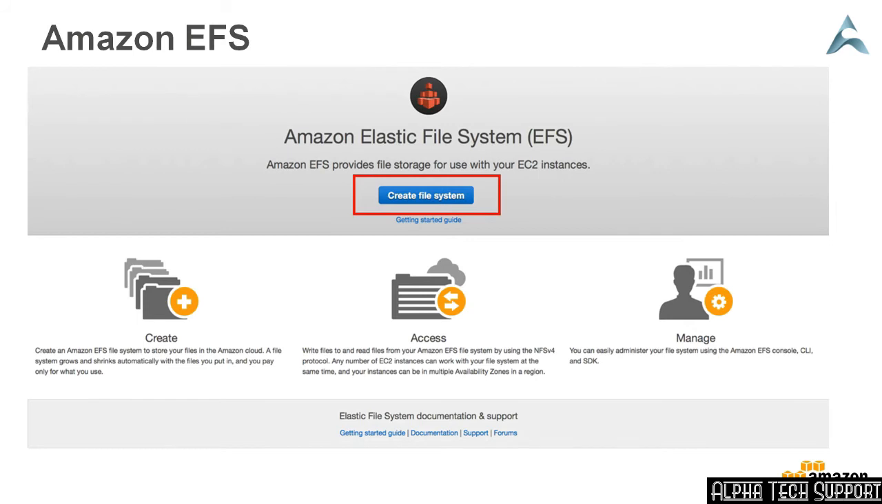So this is how our EFS dashboard looks when you are to create an elastic file system. This is the dashboard. You get three kinds of services here: the create service, access service and manage service. Just hit the create file system button and your service is created. We can create the EFS service,